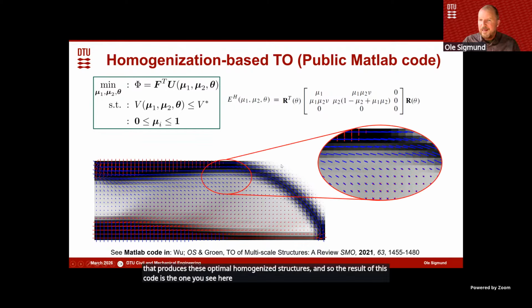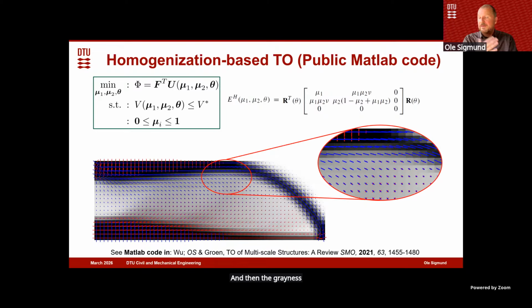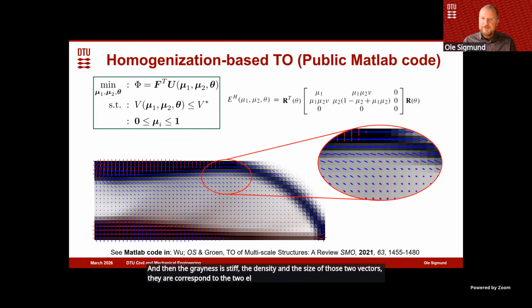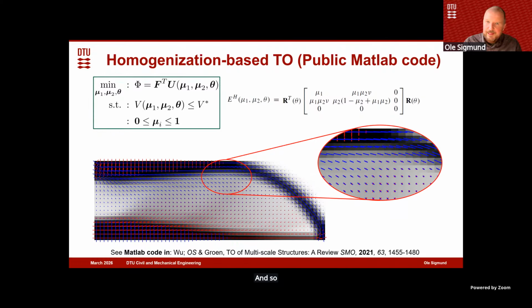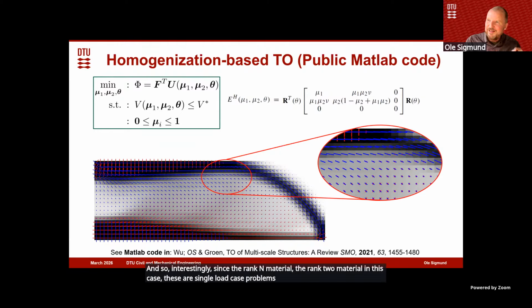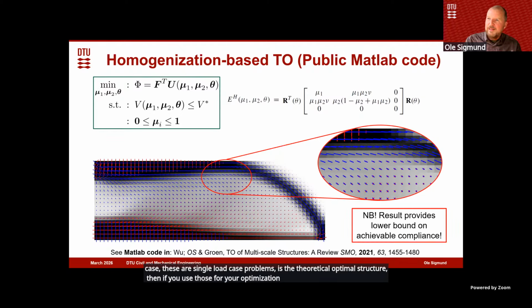If you enlarge, then you see that every element has a direction vector, or 2 directions actually, red and blue, corresponding to the 2 lamination directions. And then the grayness is the density, and the size of those 2 vectors corresponds to the 2 lamination parameters. And so interestingly, since the rank n material, or the rank 2 material in this case, these are single load case problems, is the theoretical optimal structure, then if you use those for your optimization, you get a lower bound